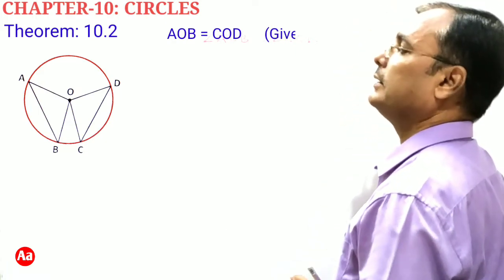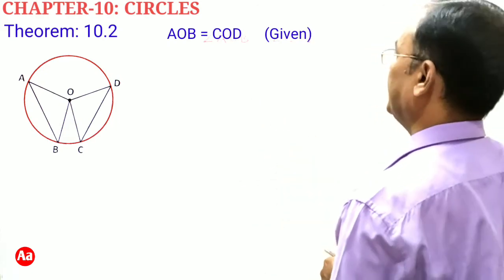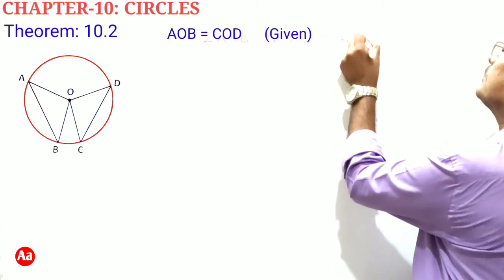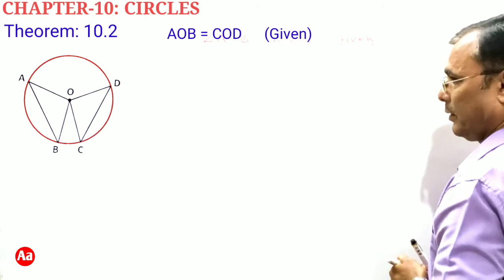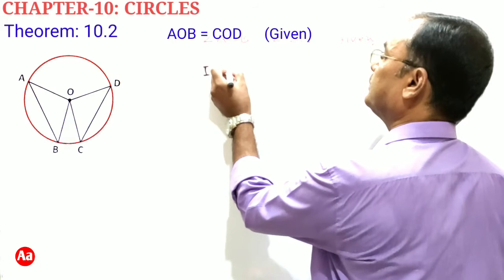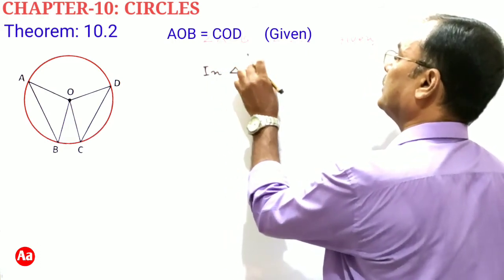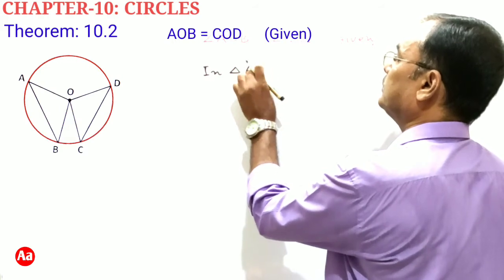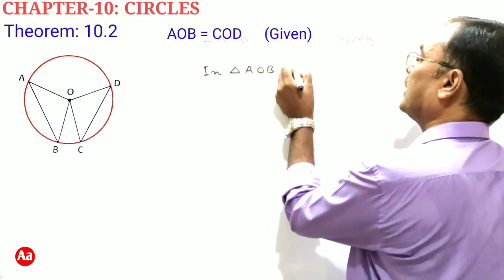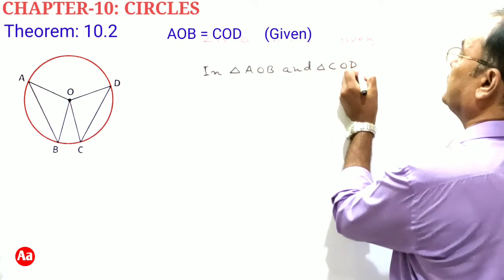So let's take triangle AOB and triangle COD. So in triangle AOB and triangle COD, we have